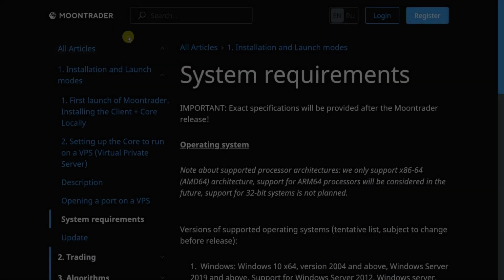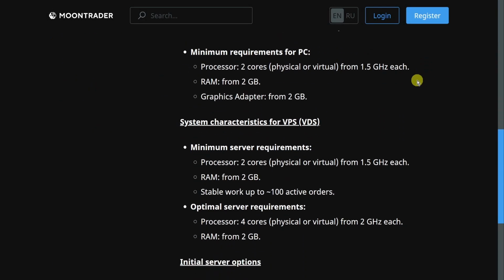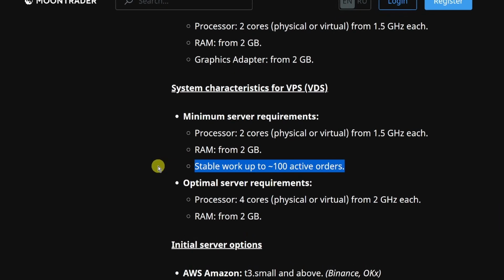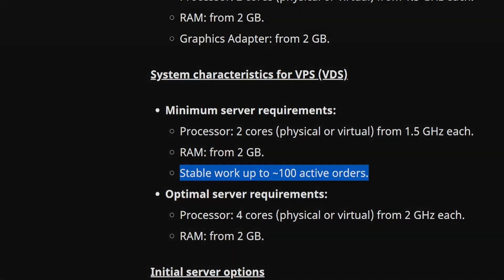Here on the Moontrader website there are system requirements, and we can see that actually the minimum VPS system requirement is 2 gigs of RAM, and I was running only 1. And at 2 gigs it promises stable work with 100 active orders, and I am guessing they mean real orders, not emulation. That is it. I have to get my virtual server upgraded. And having done so, I can say it is